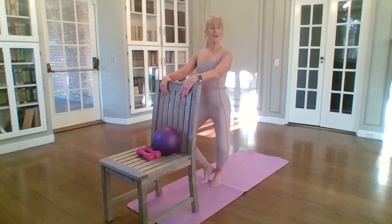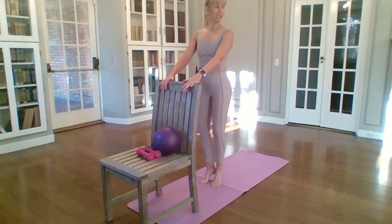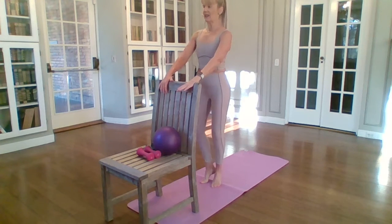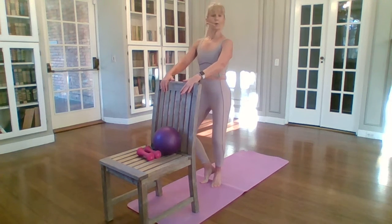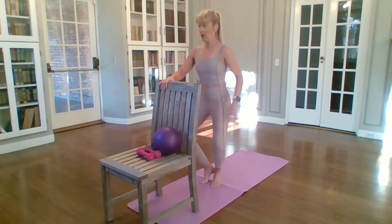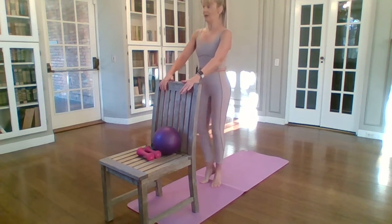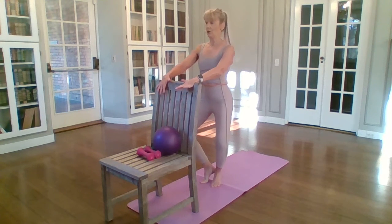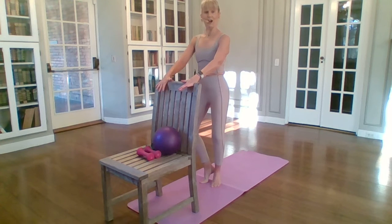Woo! 4, 3, 2. Now I'm going to go down, down, up. Down, down, pause. Down, down, pause. So I'm sliding down that imaginary wall, right? Back of my head, booty, staying in alignment. Down, down, stay down. I'm going to go up an inch, down an inch, up,